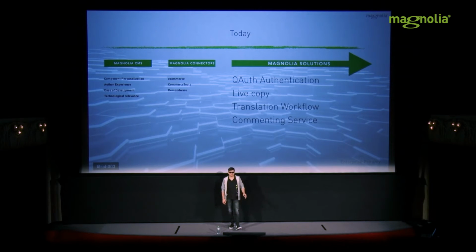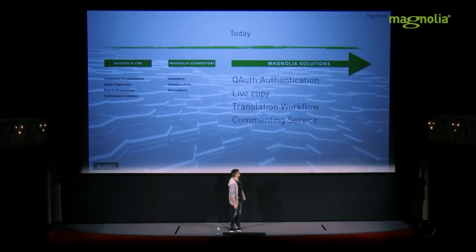We are working on even more solutions, the special solutions, one which allows you to use OAuth for authentication for your public users, so you don't need to manage all the users in Magnolia. You can just plug in any OAuth-enabled provider and use it. There is the live copy. If you know some other products, you might know what that feature means. But my personal favorite, and the one which I want to mention in more details, is actually the